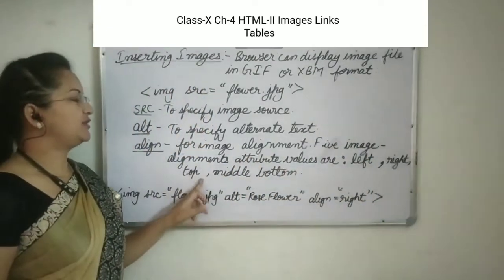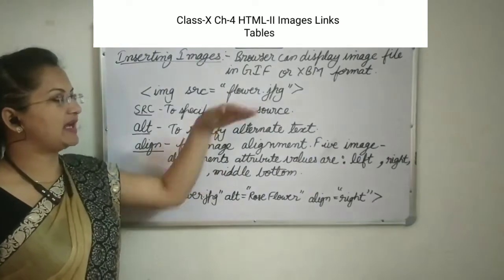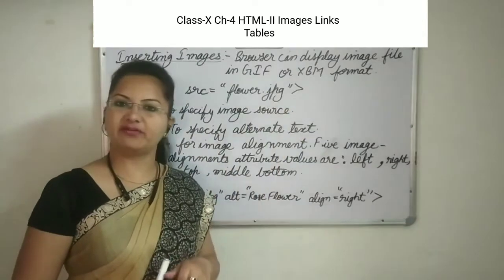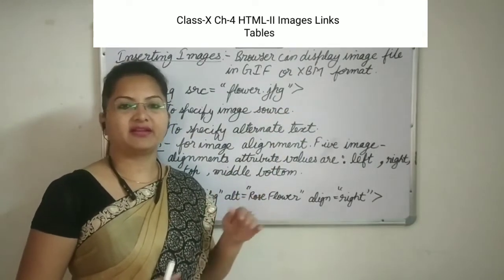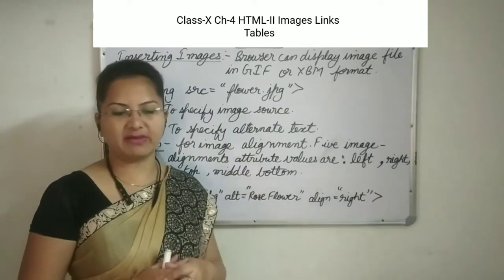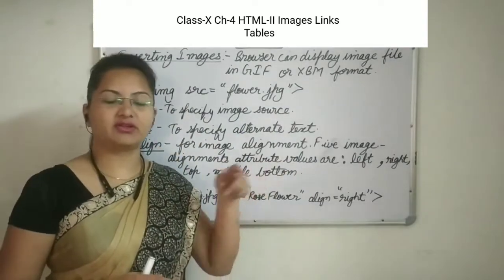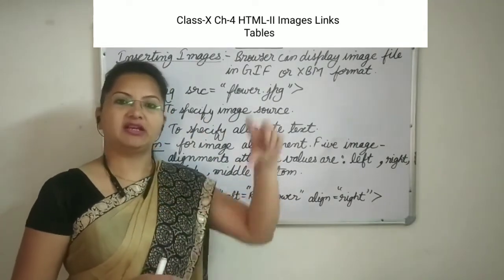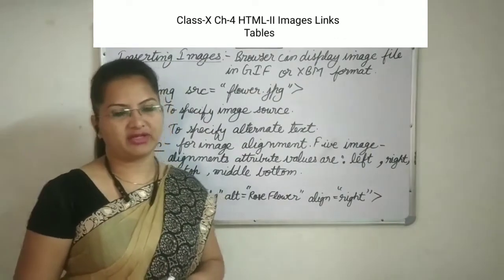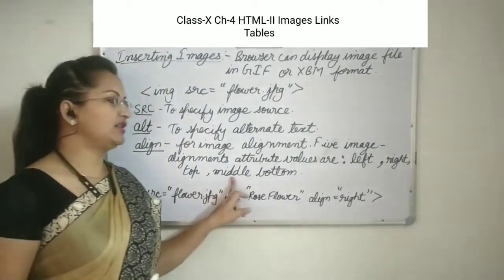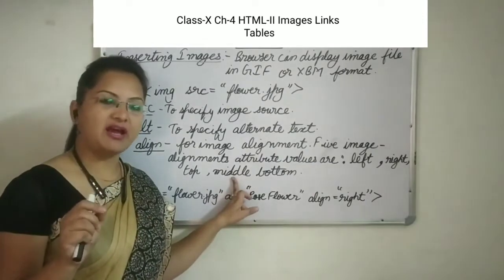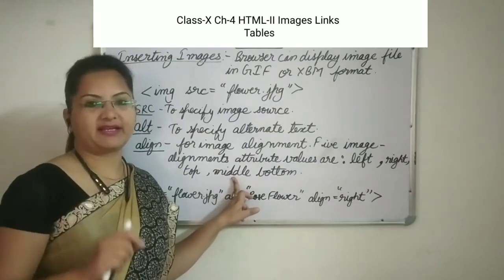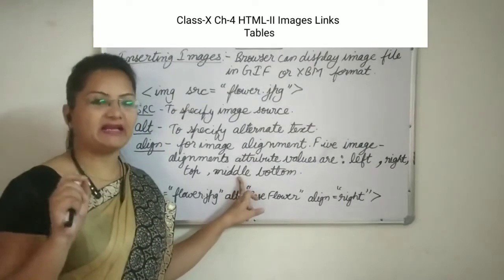Now top alignment. Top alignment means the picture will be aligned at the top. If there is only text, then it will be aligned at the top of the text, and if there is any tall image, a bigger image, then it will consider the tallest image in the line. In that particular line, whichever is the tallest image, it will align to the top of that image. Then middle. Here it will ignore the tallest image. In middle alignment, the image is aligned in the middle of the text. The image is always in line with the text.